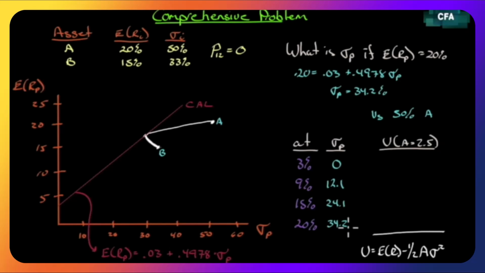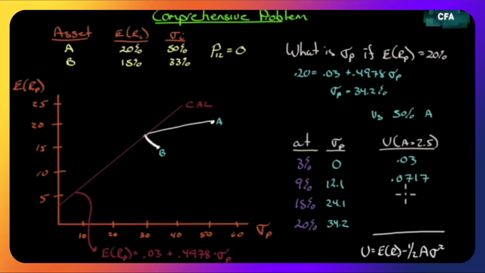Now let's put an investor in. We've sat down with an investor, we've talked to them, we've determined their risk profile, and we decide that their A, which is their risk tolerance variable, is 2.5 in this utility function. They have an A equal to 2.5. So let's determine what the utility is for each of these returns. At 3% with 0 risk, the expected return will be 3%, so it'll be 0.03. Then we just substitute in at 9%, 0.09 minus 1/2, 2.5 times 12.1